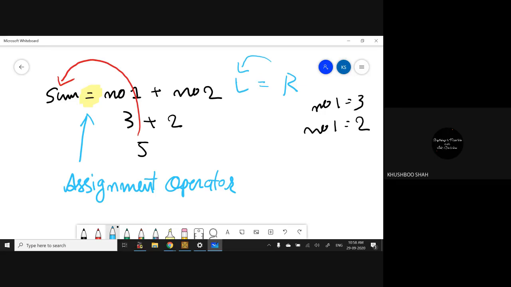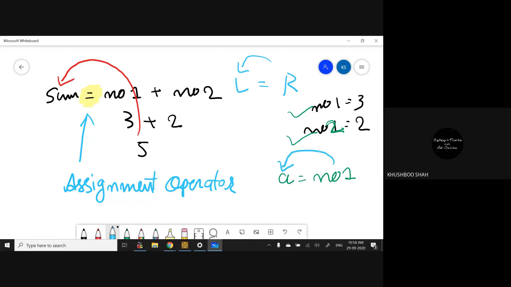So if I say, let's say, A is equal to NO1, right now my NO1 is 3 and NO2 is 2. If I say A is equal to NO1, it means what? That I am assigning the value of NO1 into A.